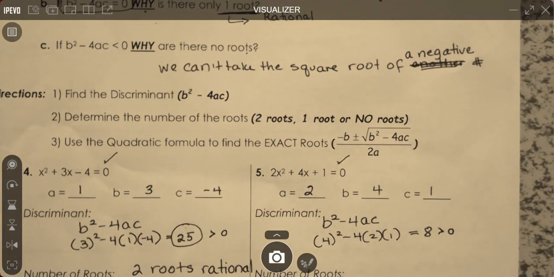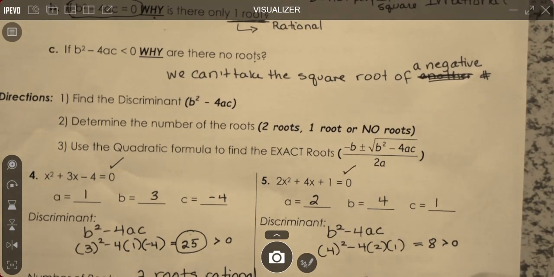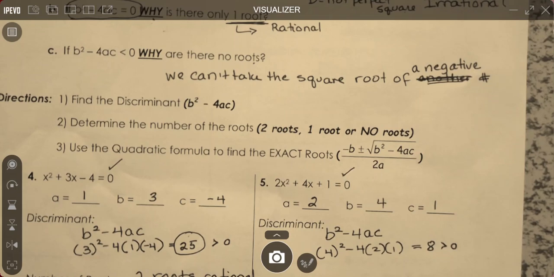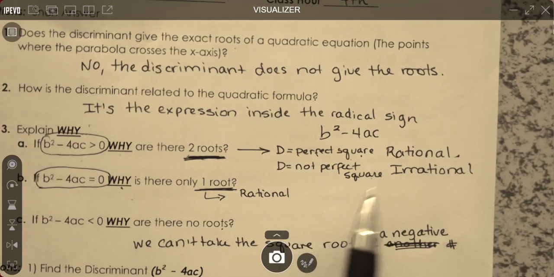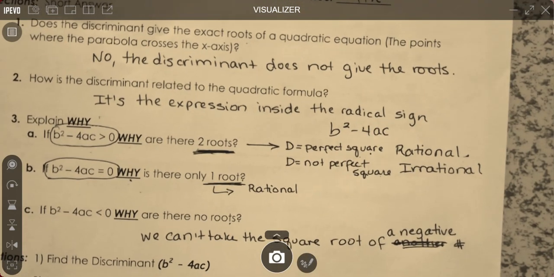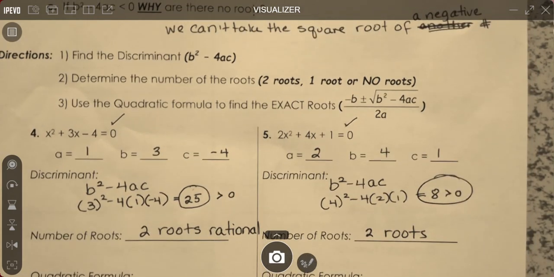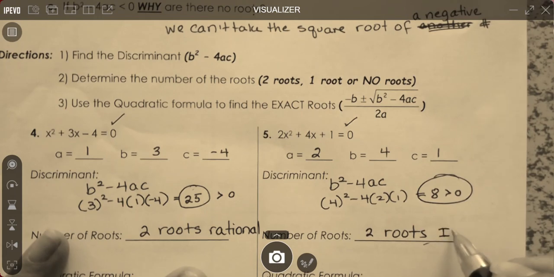Okay, so that's how we know that we're going to end up with 2 roots. Clear? Now, are they going to be rational or irrational roots? Well, that depends. Is your discriminant a perfect square or not a perfect square? Your discriminant is 8. Is it a perfect square? No. It's not a perfect square, so these are going to be